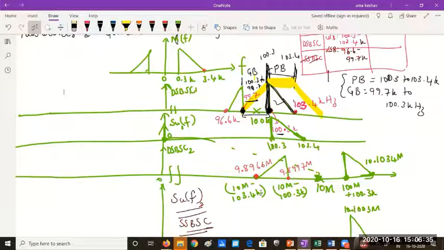So please go home. Actually, this completes the concept of filtering technique for SSB SC generation. So based on this, in the next class tomorrow, we will see how to get the time domain equation, and the second method of SSB SC generation we will discuss.